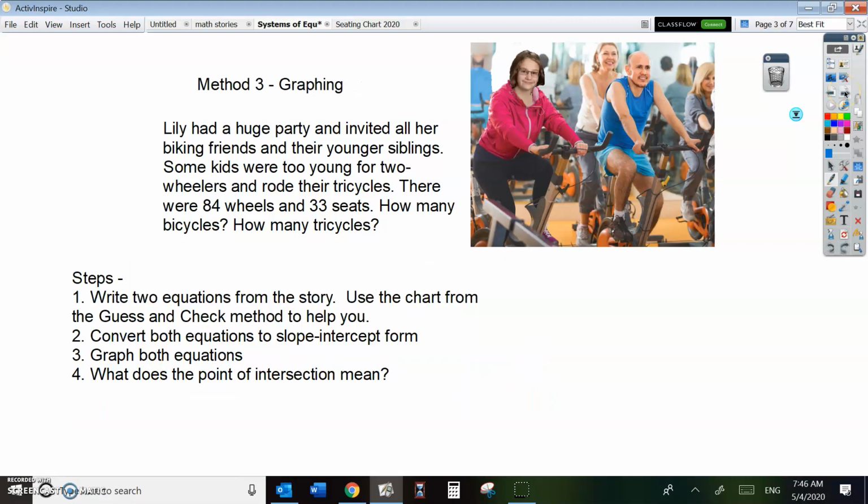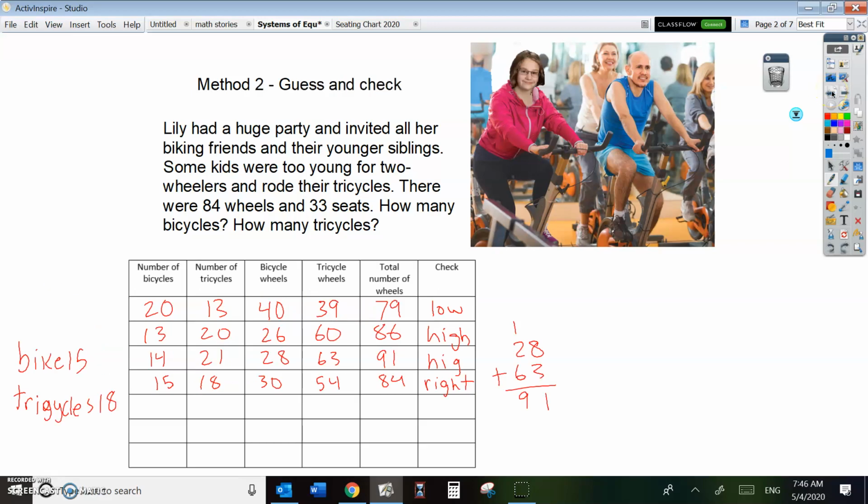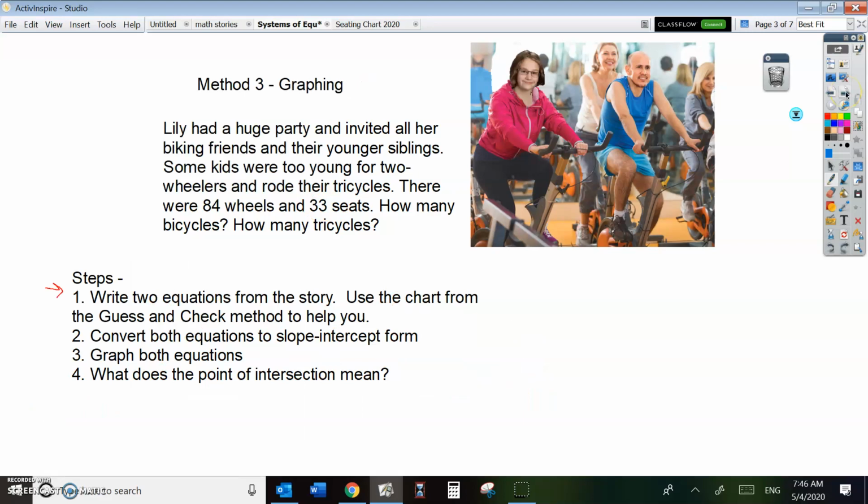Now here's an example that's a little bit more involved with math. What you need to do is write 2 equations from the story. You could use the chart from the previous screen to help us. We know that we had a total number of wheels and a total number of bicycles and tricycles is 33. So those are going to be our totals: 33 bicycles and tricycles